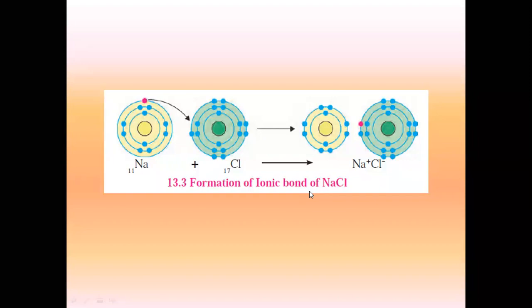Because magnesium's valency is 2. It has to donate 2 electrons. But 1 chlorine can accept only 1 electron. So what is the requirement here? I will have to draw 2 chlorines and 1 magnesium. One electron of magnesium will be taken by 1 chlorine. Another electron will be taken by another chlorine. So we get the compound as MgCl2. So I want everyone to practice that in your homework.